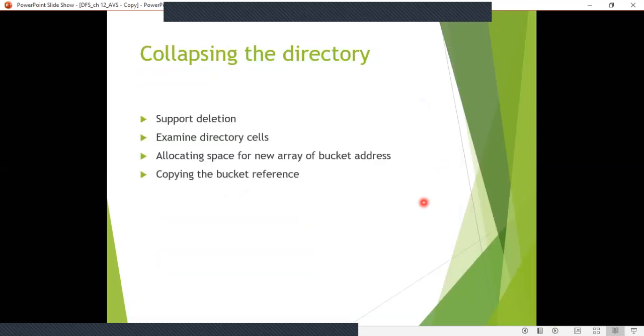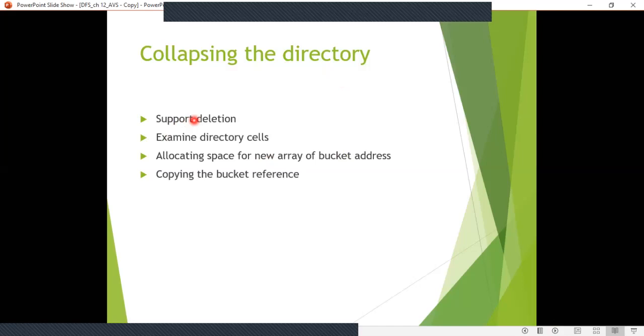Next is collapsing the directory. The other important support function used to implement this deletion is a method that handles collapsing the directory. In collapsing the directory, first we begin by making sure that we are not at the lower limit of a directory size.